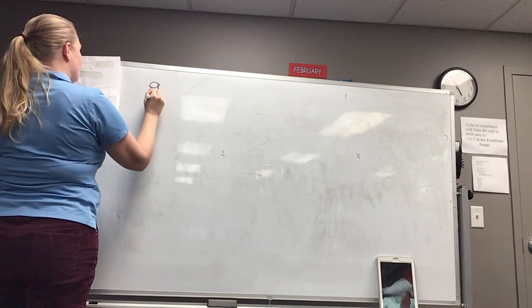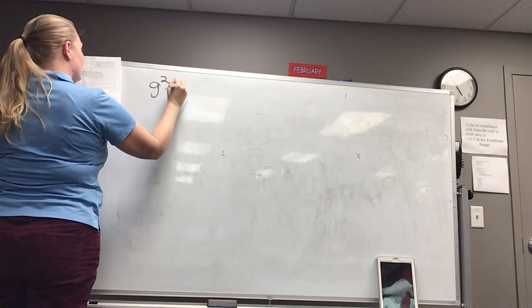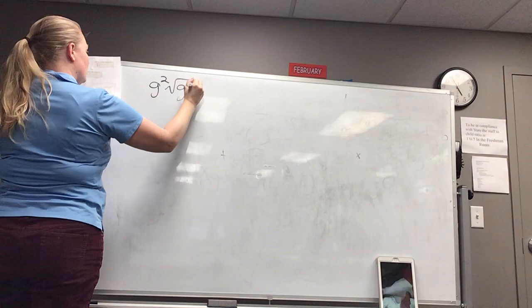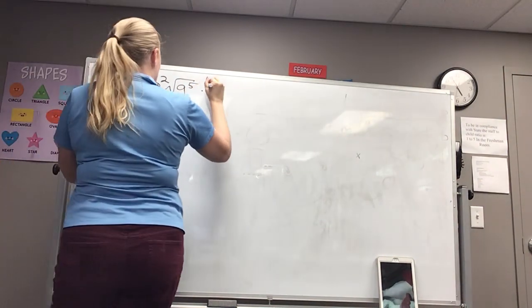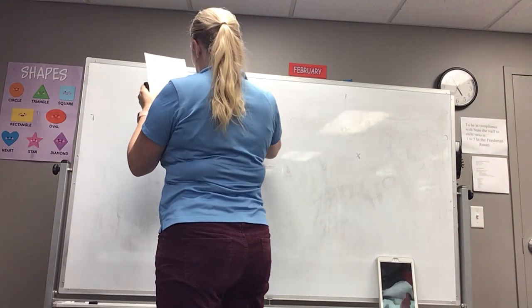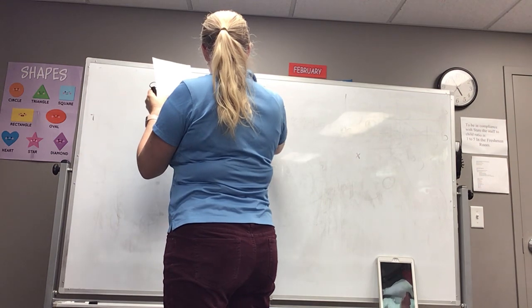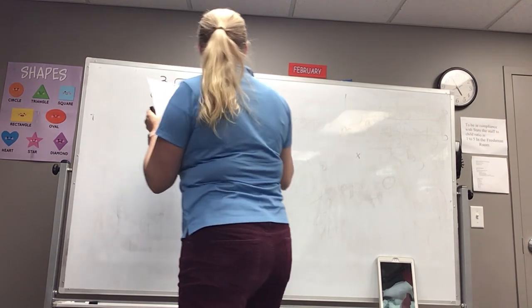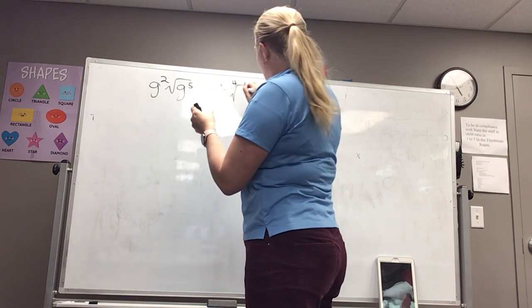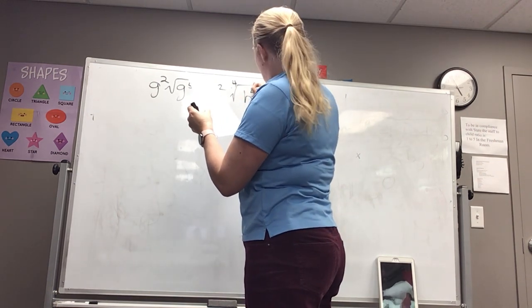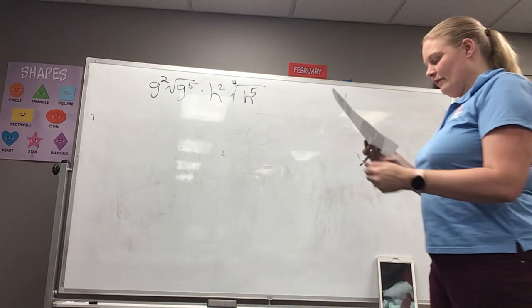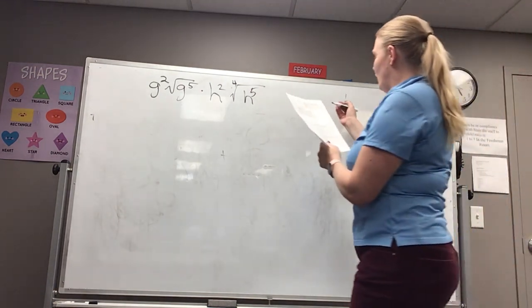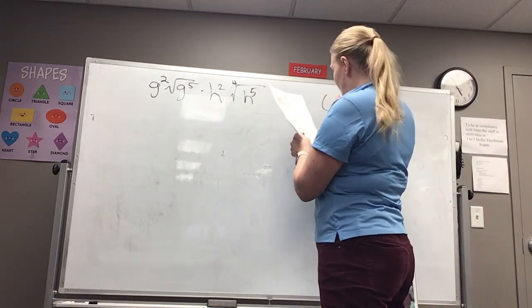If I have g squared square root g to the 5th times h squared 4th root h to the 5th, you can simplify that, or you can find the product of